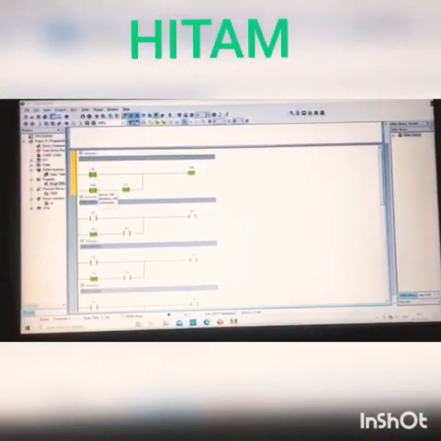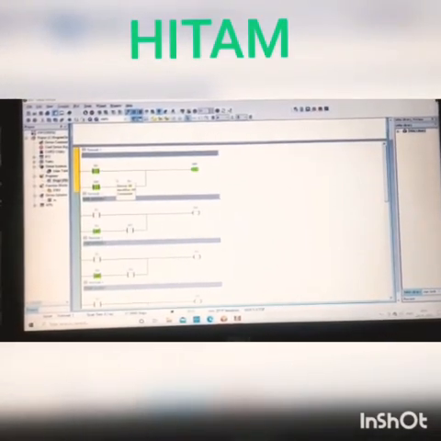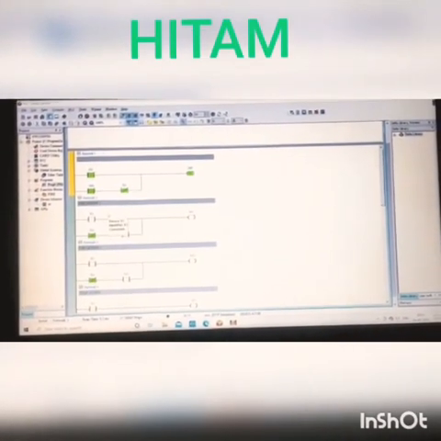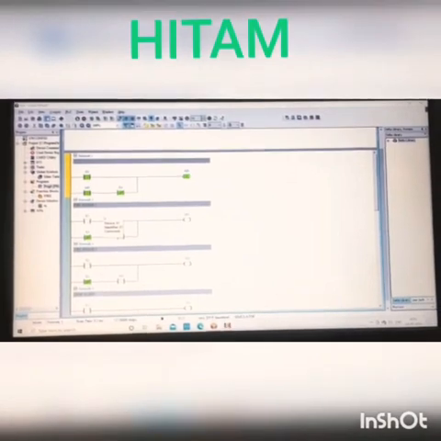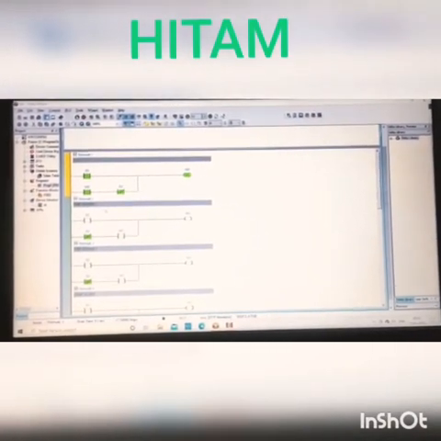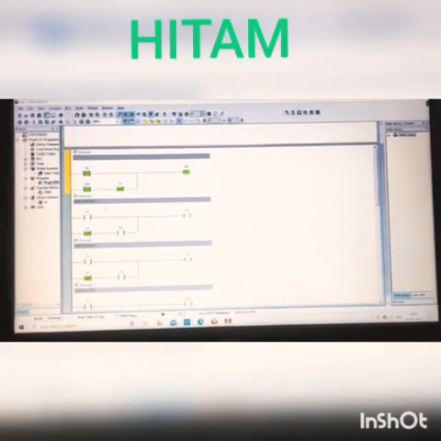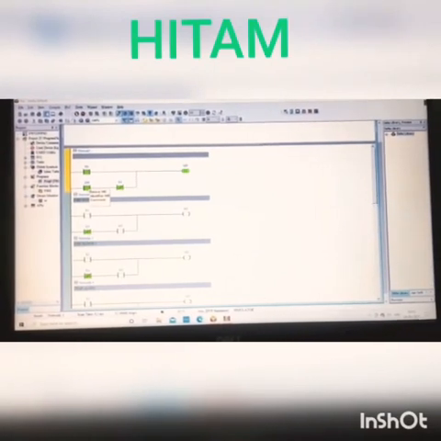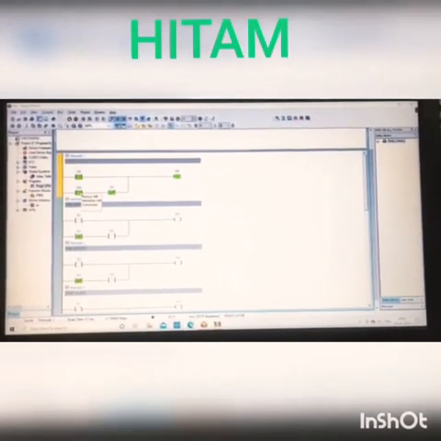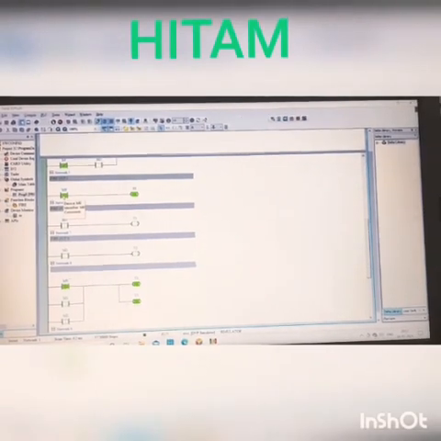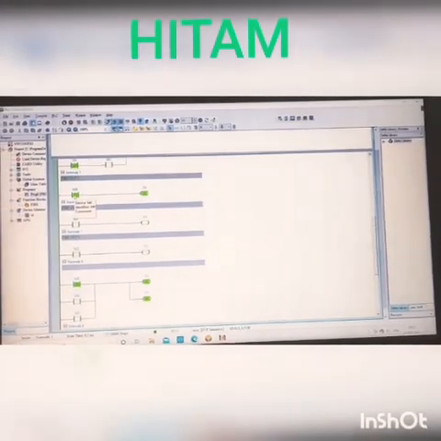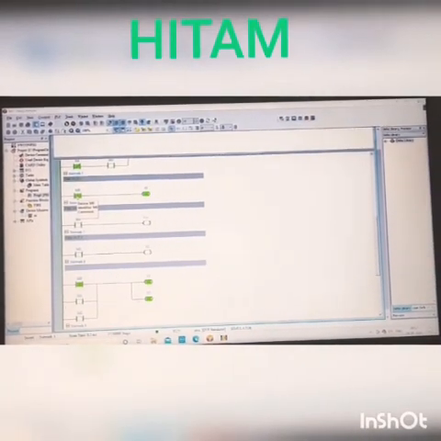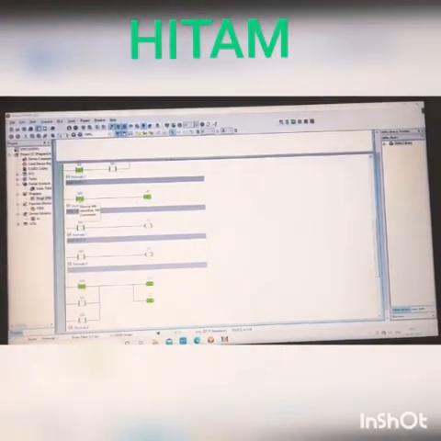You can see that when I set it on, the indication turns green, which means X0 is in activation state, that is, fire is now detected. Before going to the output, you can see that M0 is also automatically on, which is the addressing of X0. In the output also, M0 is connected with output Y0. As I said earlier, M is the addressing of X and Y.